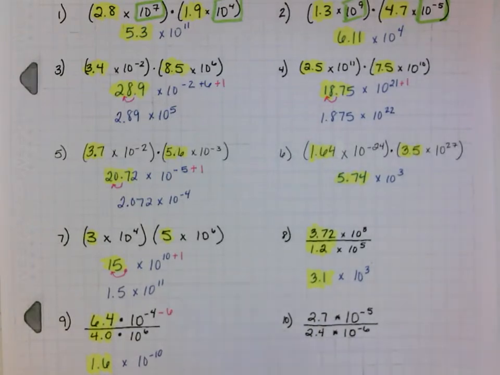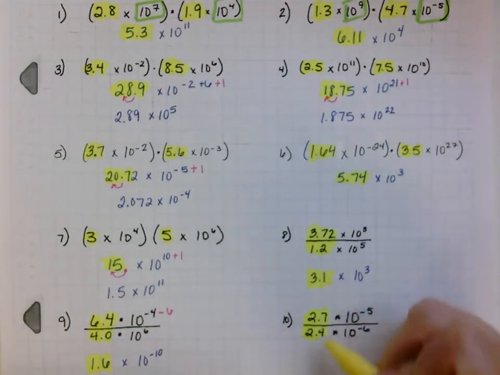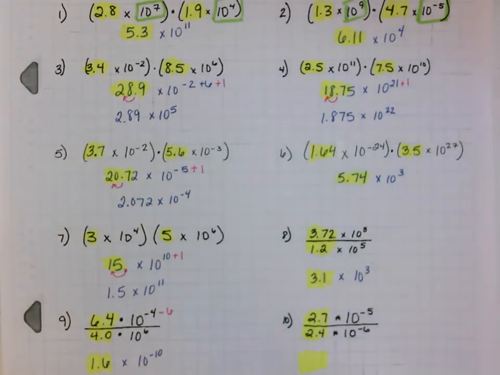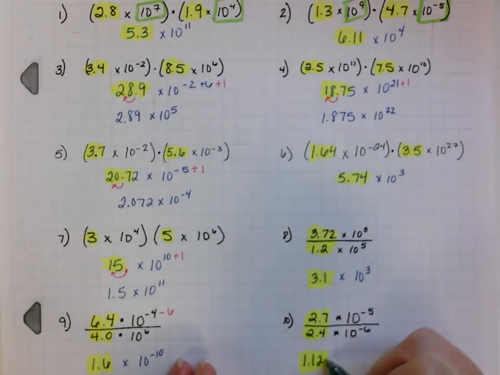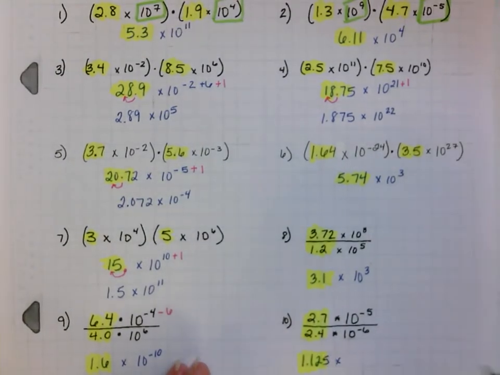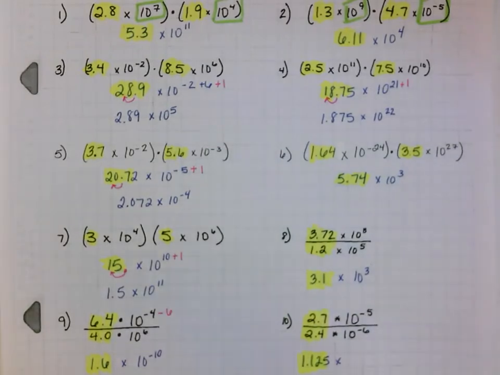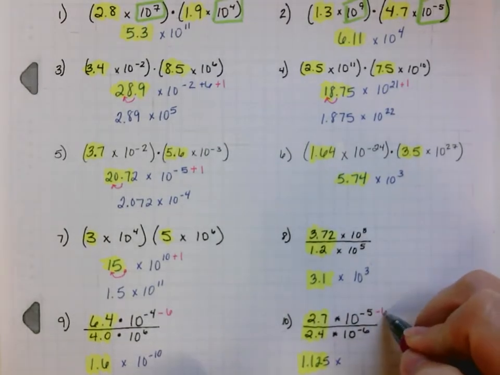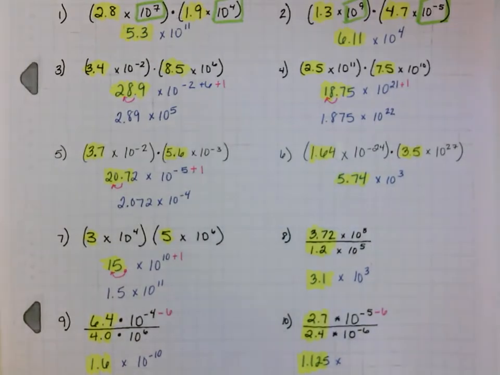In number 10, we will divide 2.7 and 2.4, which will end up giving us 1.125. And then when we look at our powers, we have a negative 5 and a negative 6. So negative 5 minus 6 is going to give me 10 to the negative 11th